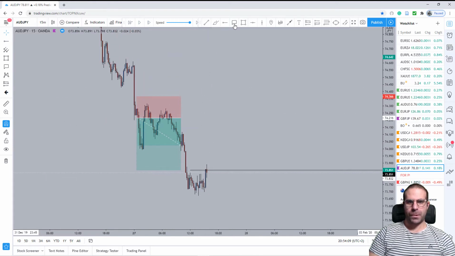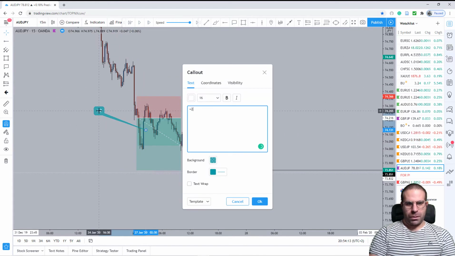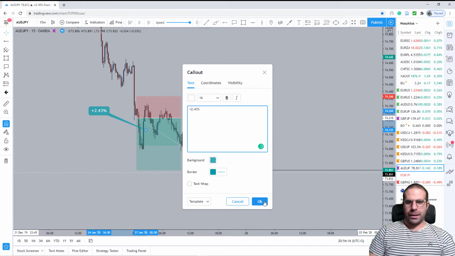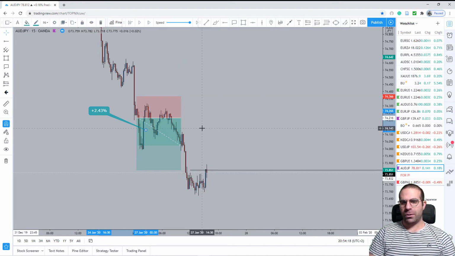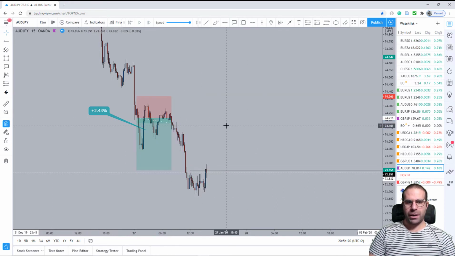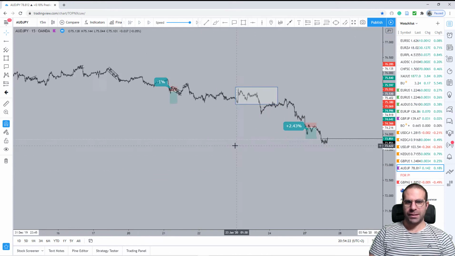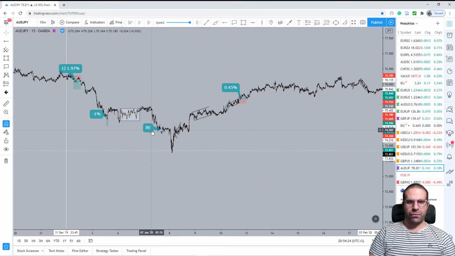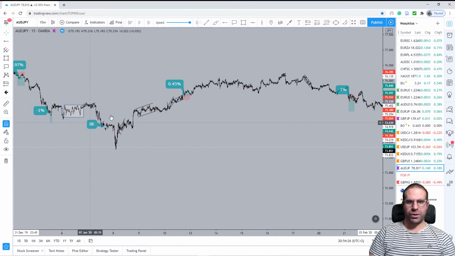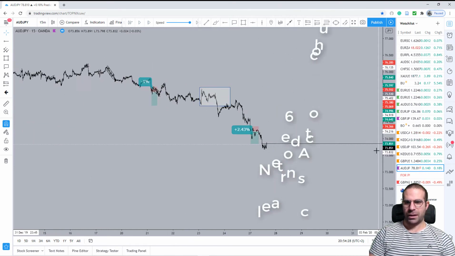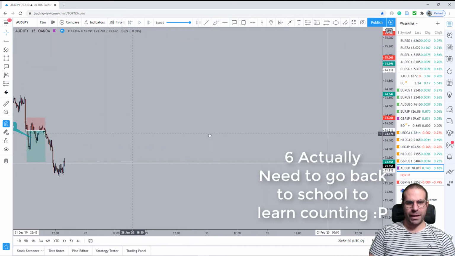2.43%. Not bad. The only thing I don't like is that we're already on the 27th of January and we have taken like 4 trades, I think. 1, 2, 3, 4, 5. Oh no, we have taken more. 1, 2, 3, 4, 5, 7 trades. Okay. 7 trades is not that bad.